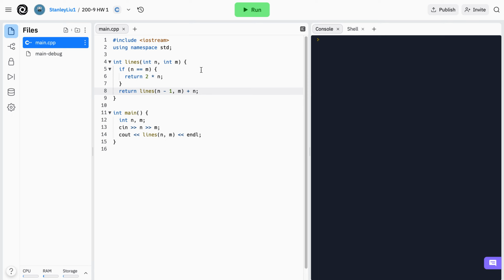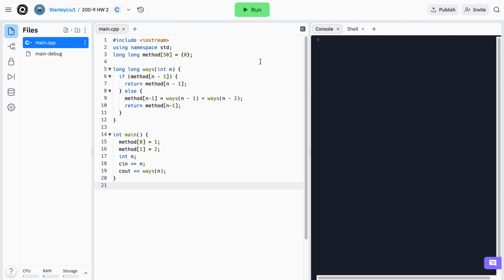Now recursion is generally useful for smaller test cases, while iteration is generally used for problems that have larger test cases, where like n is equal to like 50, because recursion is generally less efficient. If you want to use recursion for larger problems, there are a few things that you have to use, and such methods can include